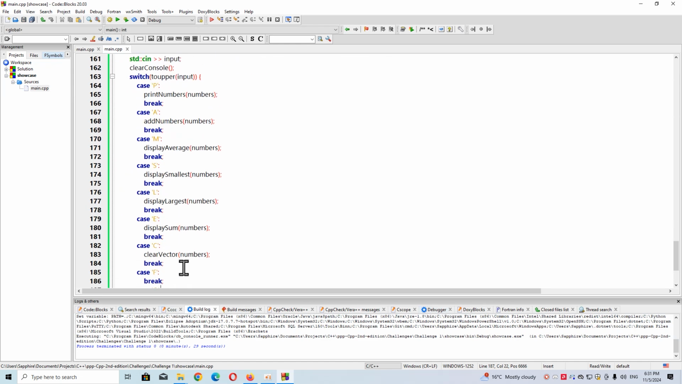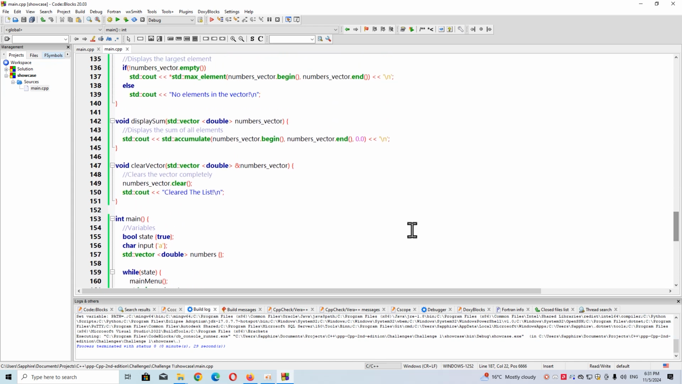All right, so I defined another function called clear vector. And if we take a close look at it, I reference the vector because I'm going to make direct changes to our vector variable. So we're going to be using the vector.clear function, and it's going to clear the vector completely. So if I run this